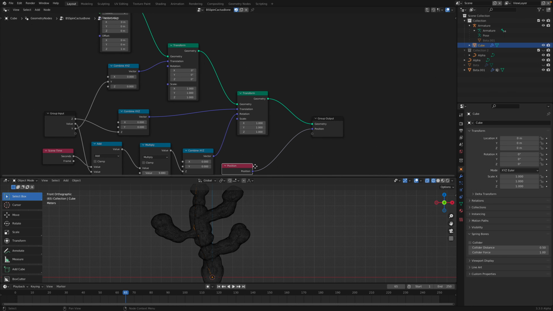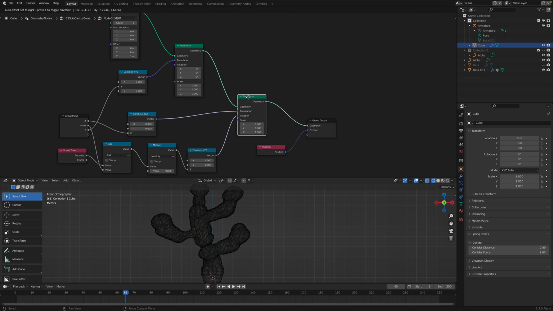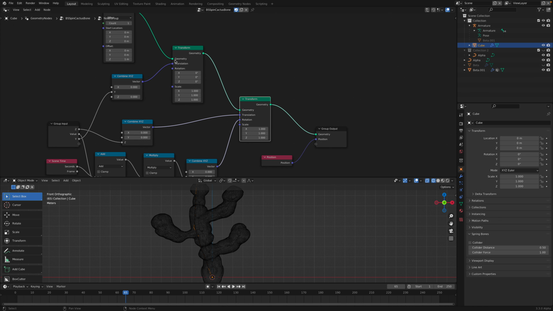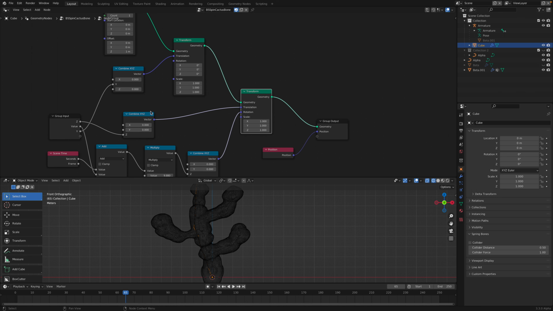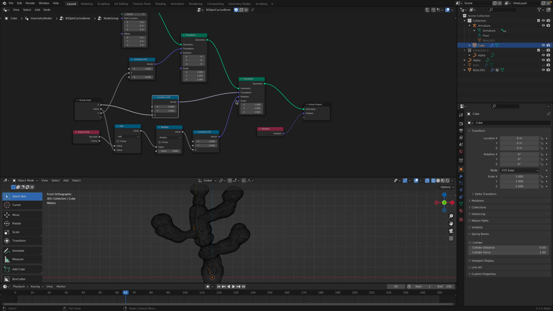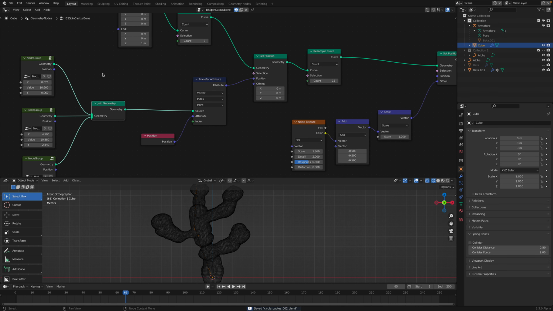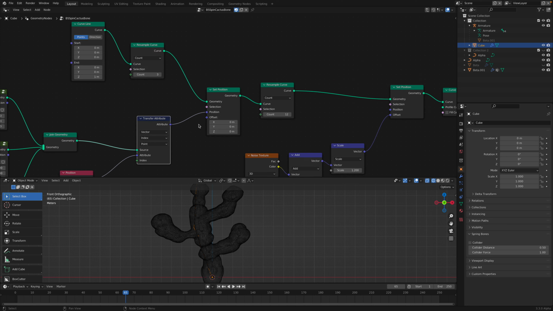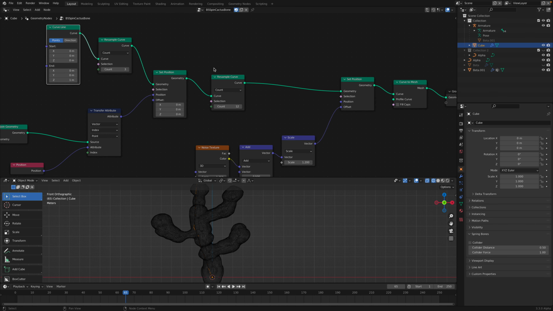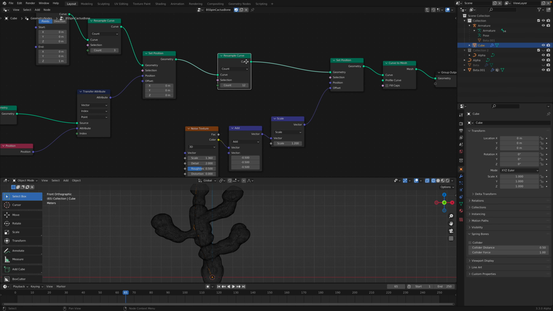You should try this yourself. Basically, use two different transforms. The first one translation, the second one rotation, and then you will start to understand what's going on. Anyway, three different vector positions. I join them together and transfer the attributes into the curve lines, and then I resample the curve,